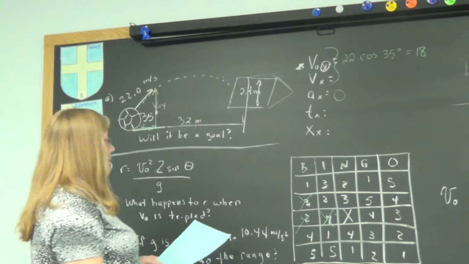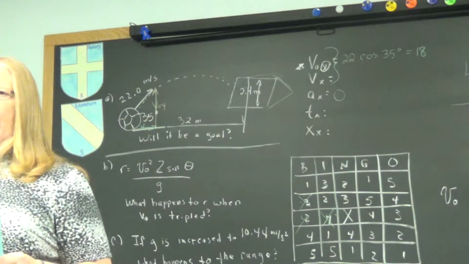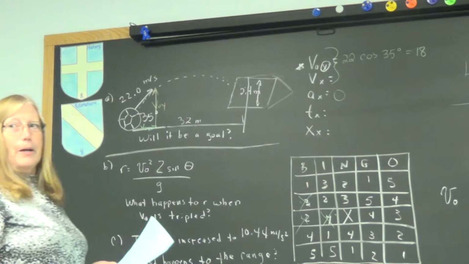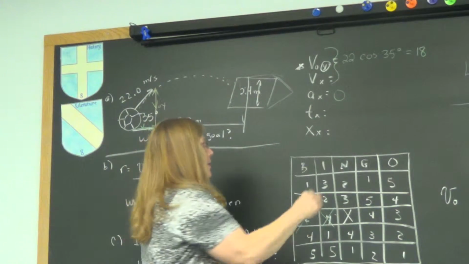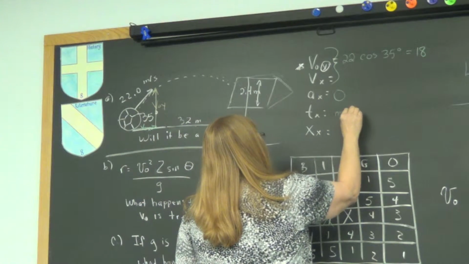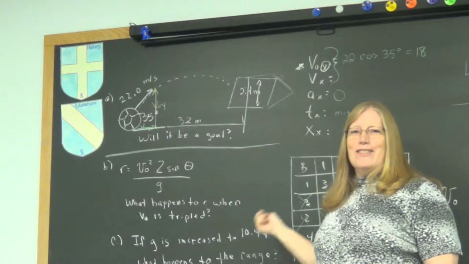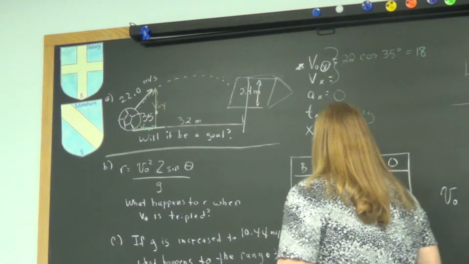All right, time in the x direction. Do we have any information on that, Emily? Pardon? That's what we're trying to find, right? Well, we don't have it. All right, so this is missing. Missing in action. All right, if you knew that it wasn't known, you can cross out G4